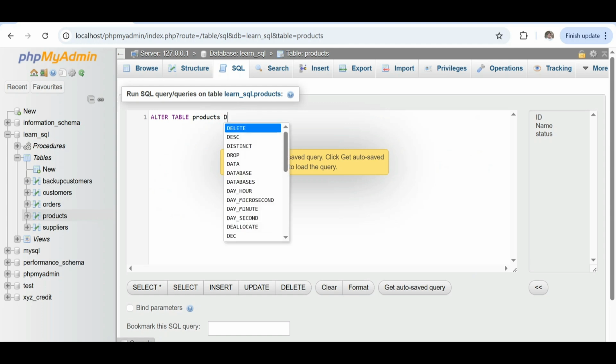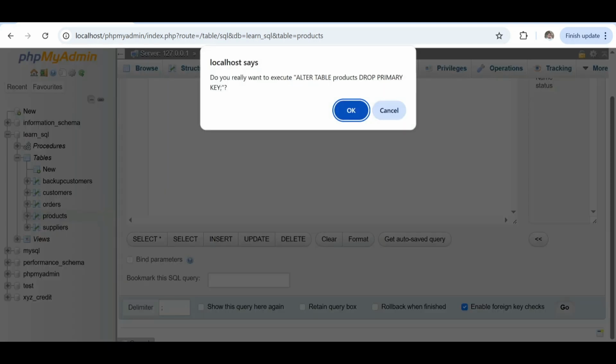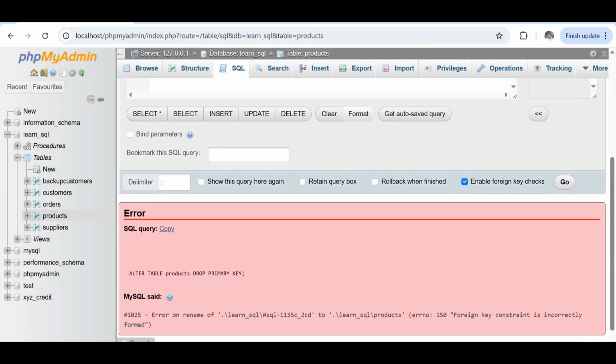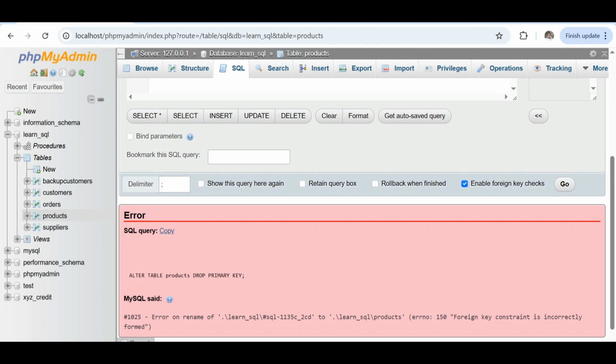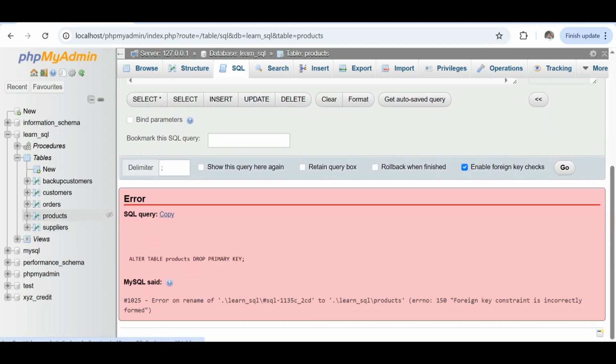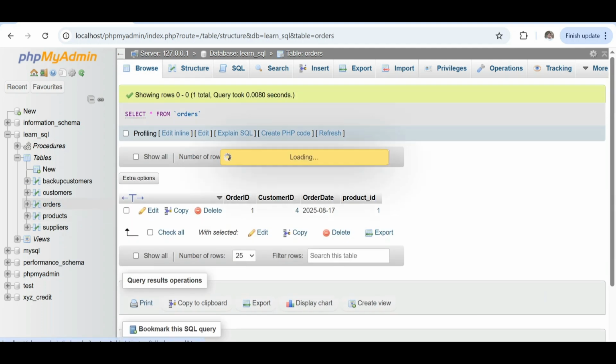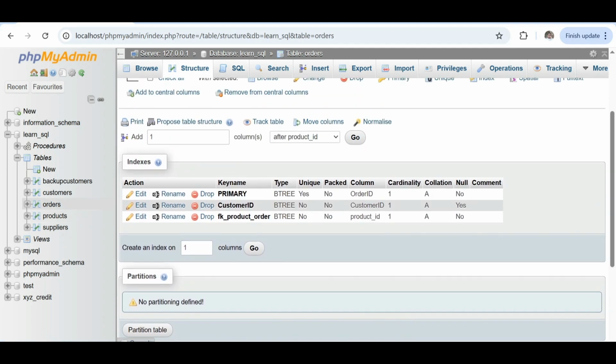Alter table products, drop primary key. And the result is, oh, it's because the foreign key is created. Okay, maybe I can remove the foreign key first.